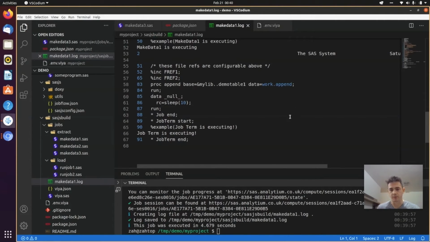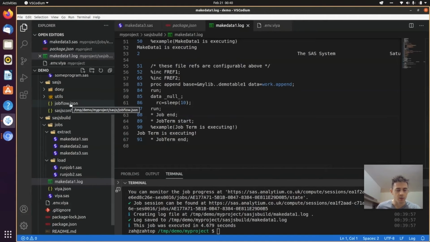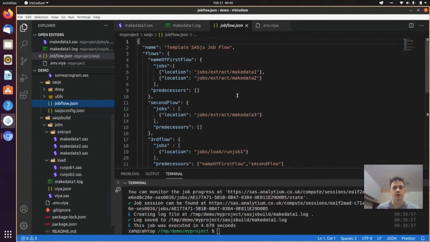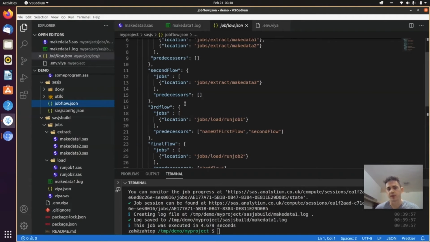But what if I've got 500 of these jobs and they're all related to each other? We also have a flow command, and the flow command uses this flow.json format. The JSON defines waves, individual waves, so each wave triggers all these jobs at once, and then each wave can have predecessors. So then you can define, as long as it finishes successfully, then the next wave will start.